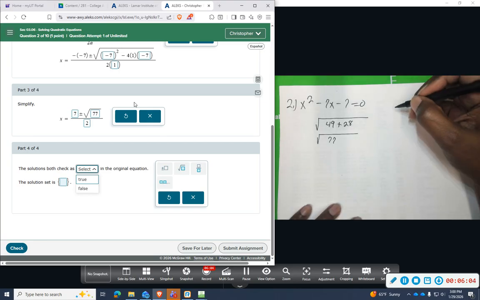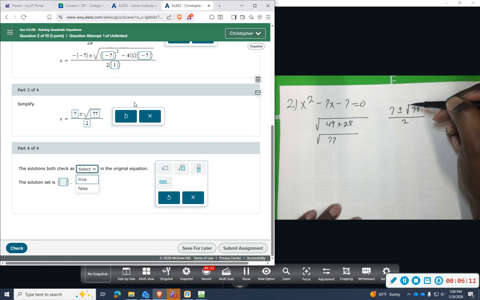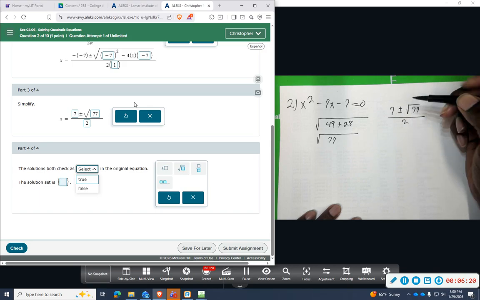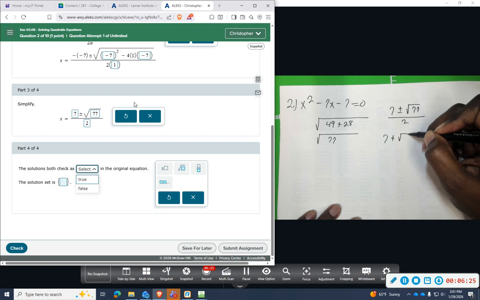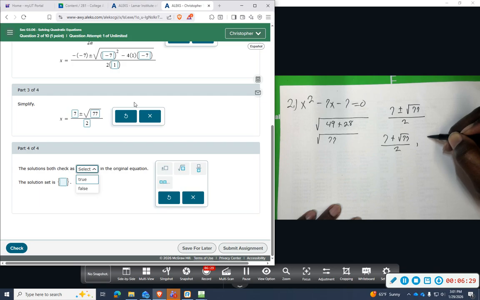So from the part that we have, 7 plus or minus square root 77 divided by 2. 77 is not a perfect square. That radical will not reduce. They're not divisible by 2. So we have two answers. 7 plus square root of 77 divided by 2, and then we have 7 minus square root of 77